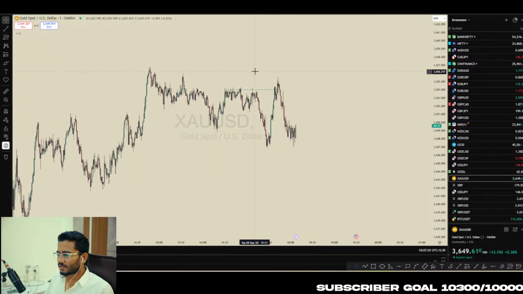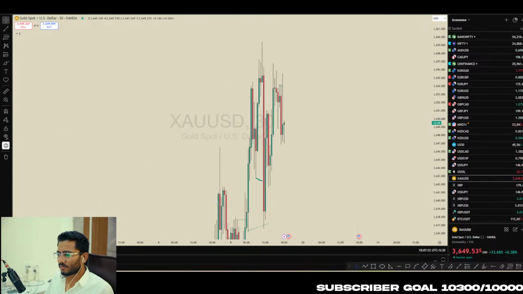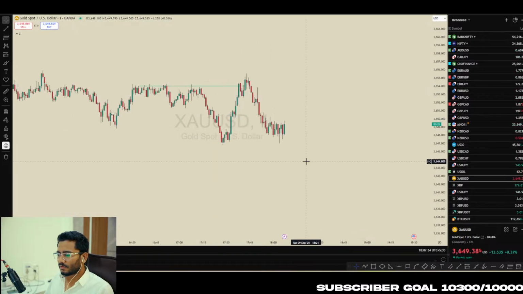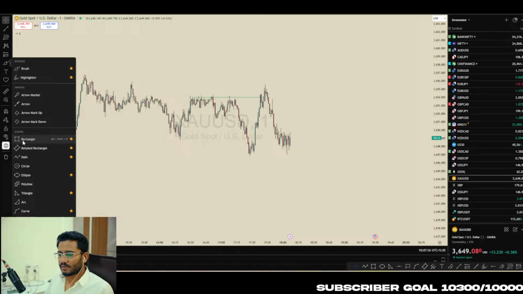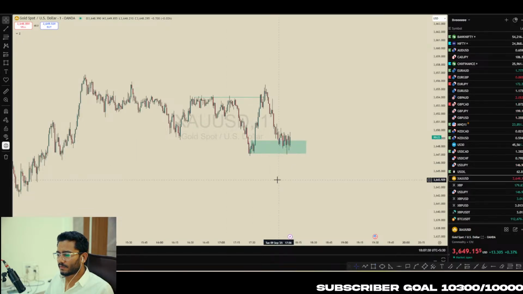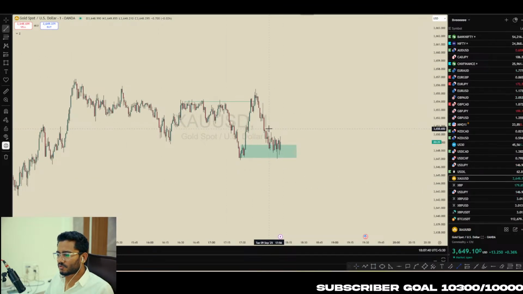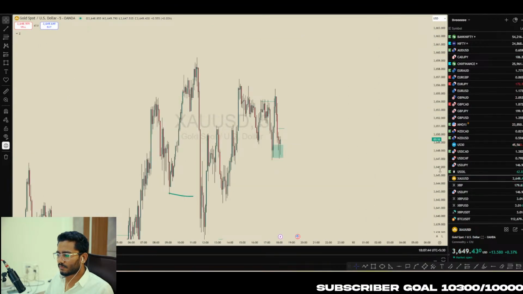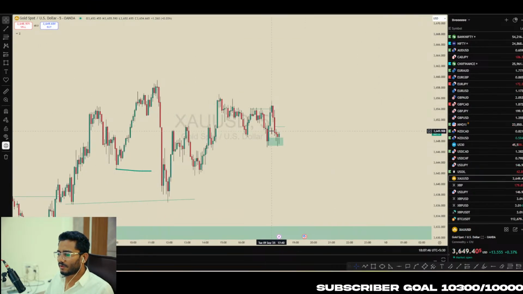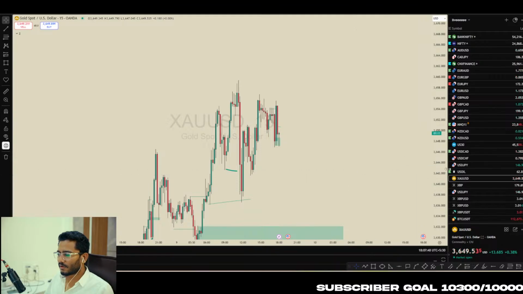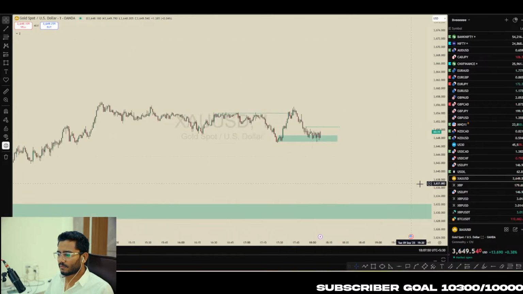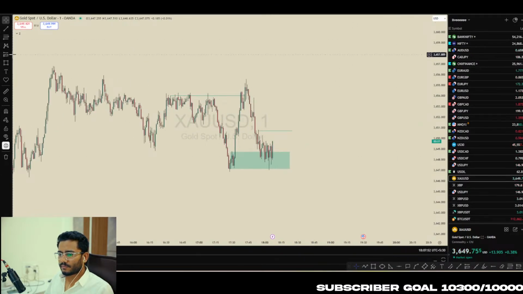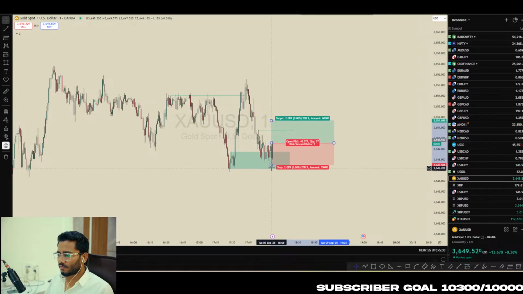On 1 minute, it's a structure break. On 30 minutes, it looks like it's with the liquidity. This is the order block which took out the liquidity. Let's wait for price to break this high. Because there is no liquidity, so I'm not that confident in this trade. Like we can look for